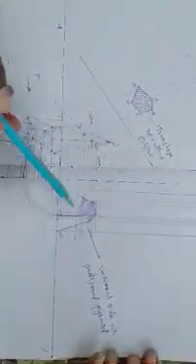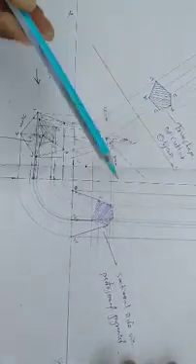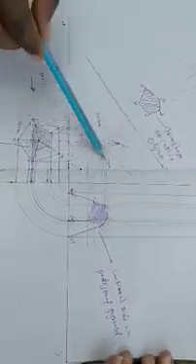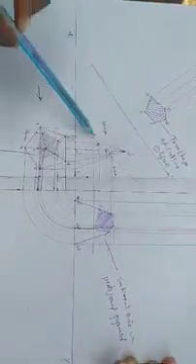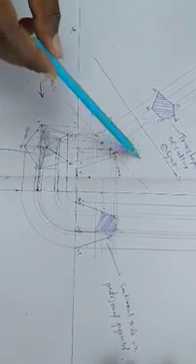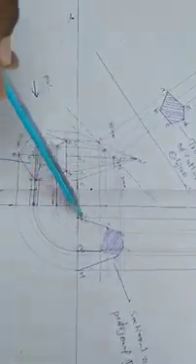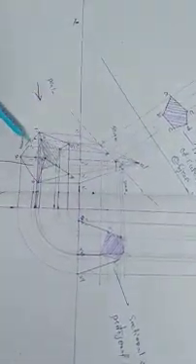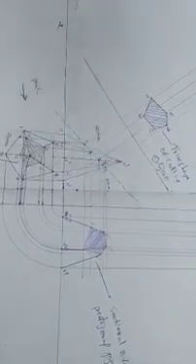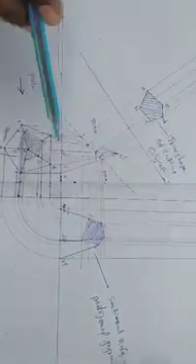This is the sectional side view, this is the sectional top view, and here we have the true shape. This is the process. You have to draw these three diagrams. This is called the auxiliary view, drawn to obtain the true shape of the object. These are the sectional views of the pentagonal pyramid.